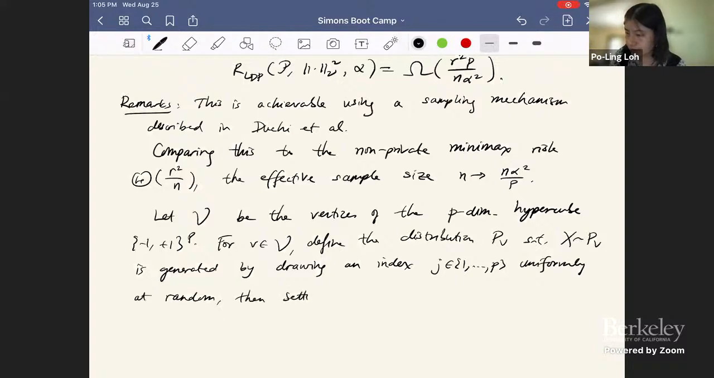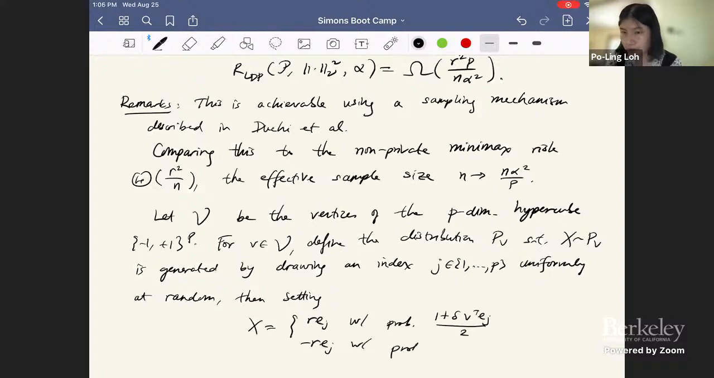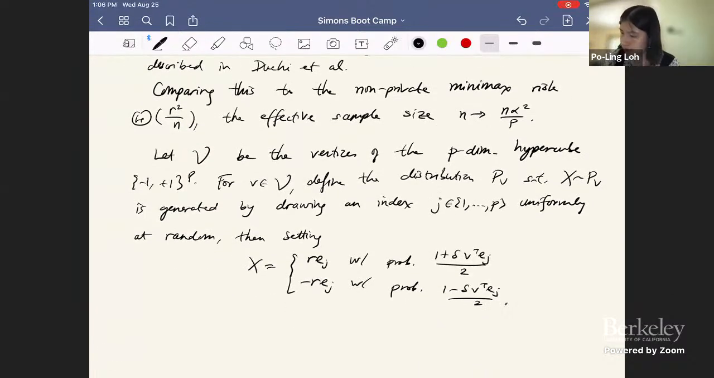And then setting x to be equal to r e_j. So e_j is the canonical basis vector with probability (1 plus delta v transpose e_j) over 2, and negative r e_j with probability (1 minus delta v transpose e_j) over 2. Okay, so this is a particular 2-point distribution for each value of... sorry, it's not going to be a 2-point distribution